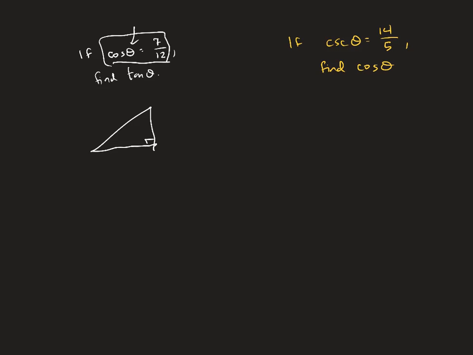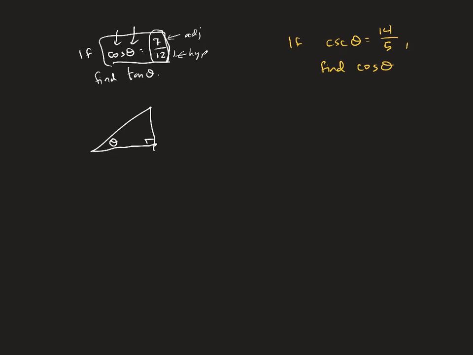And the thing inside the trig ratio is an angle. So I'm going to pick one of the acute angles. I typically choose this one to be my theta. Now, this ratio over here, 7 over 12, it's cosine. If you remember from SOHCAHTOA, cosine is adjacent over hypotenuse. So if I look at this as adjacent over hypotenuse,